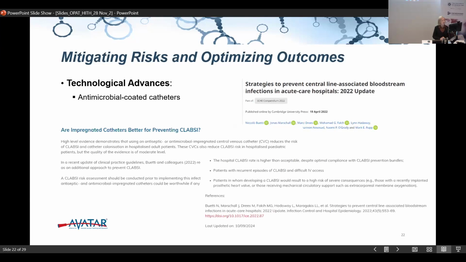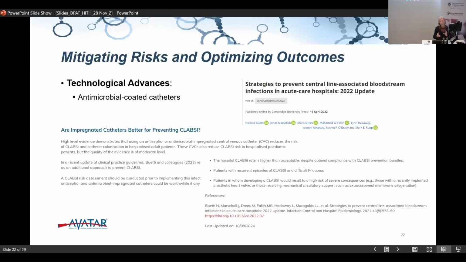But the guidelines suggest that they can be used or advised to be used as an additional strategy, particularly if hospitals have increased CLABSI rates. At the moment, nationally in Australia, we have an increased CLABSI rate. So these are the sorts of things that people can use as an additional option. We certainly use them routinely in our intensive care environment and in some of the longer-term